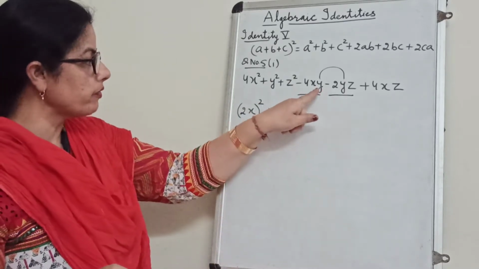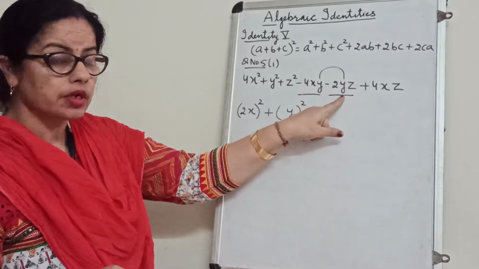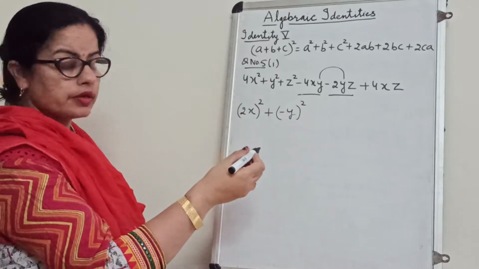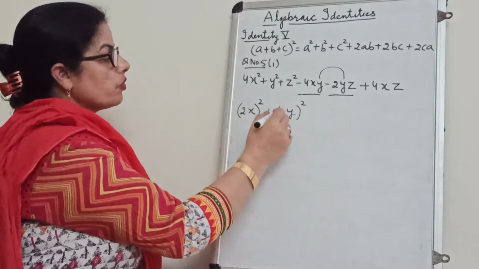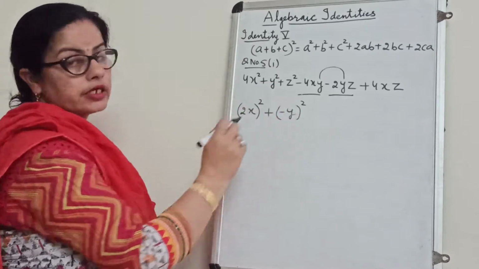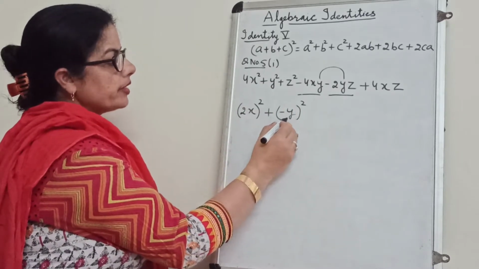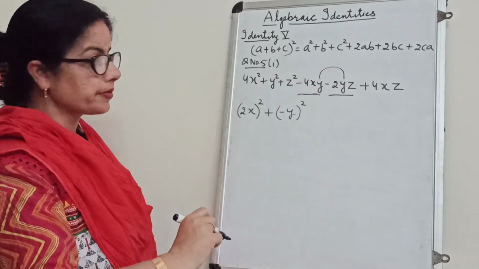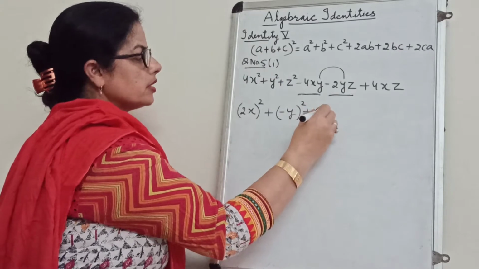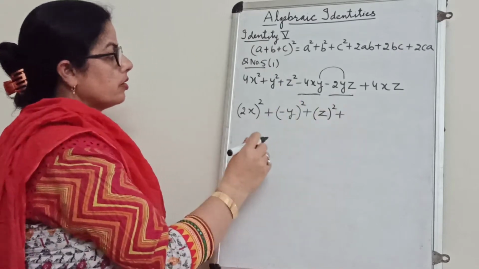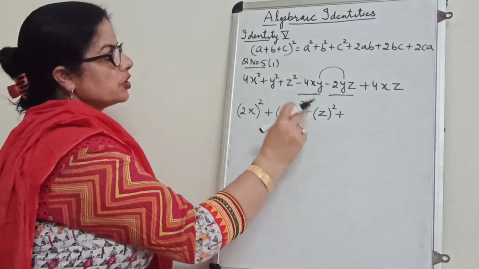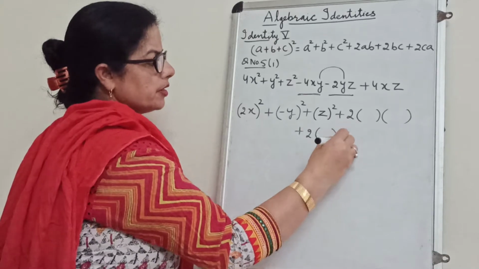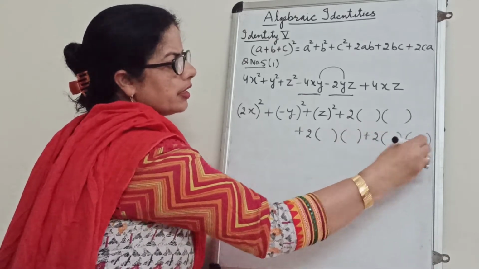But I told you that the y variable is common in these two negative terms, meaning the y term should be negative. You know, minus y whole square is also y square. So no effect will be there if we write y square as minus y whole square. Why are we taking negative? Because these are two negative terms and the y variable is common here. And now z square we can write as z square. So a square plus b square plus c square. Now we will write 2ab plus 2bc plus 2ca.